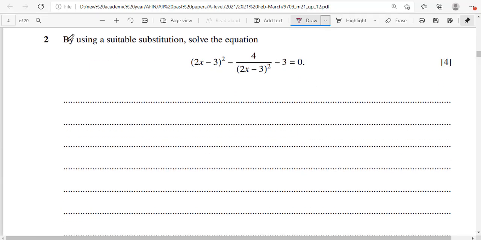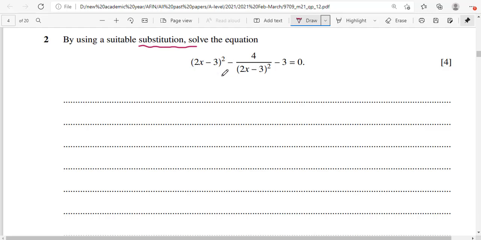Question 2. By using a suitable substitution, solve the equation. So when a question asks about substitution, don't try to solve it without substitution. Don't ignore that. Okay? They asked this, they have purpose for that. They want you to use substitution. Then do it. Look at the equation. We see this 2x minus 3 here